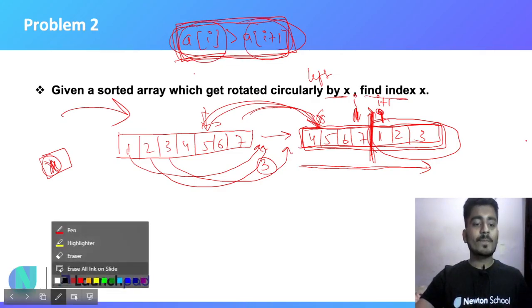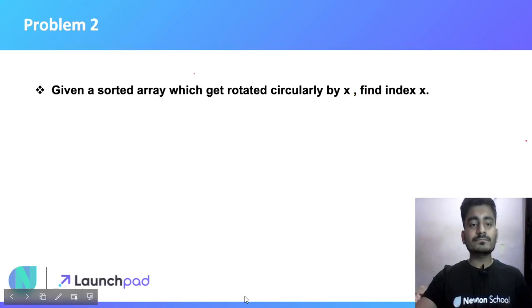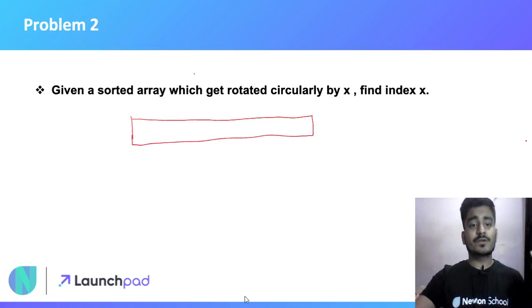Fine. Now how can we use binary search in this? We can again use a standard binary search, and let's try to implement it in this question. Suppose I have some array 4 5 6 7 1 8 9 1 2 3.